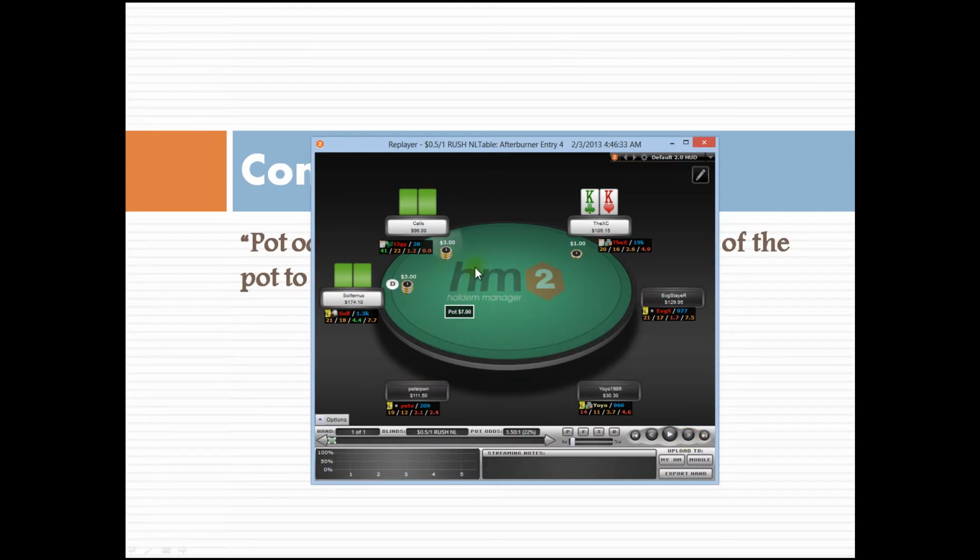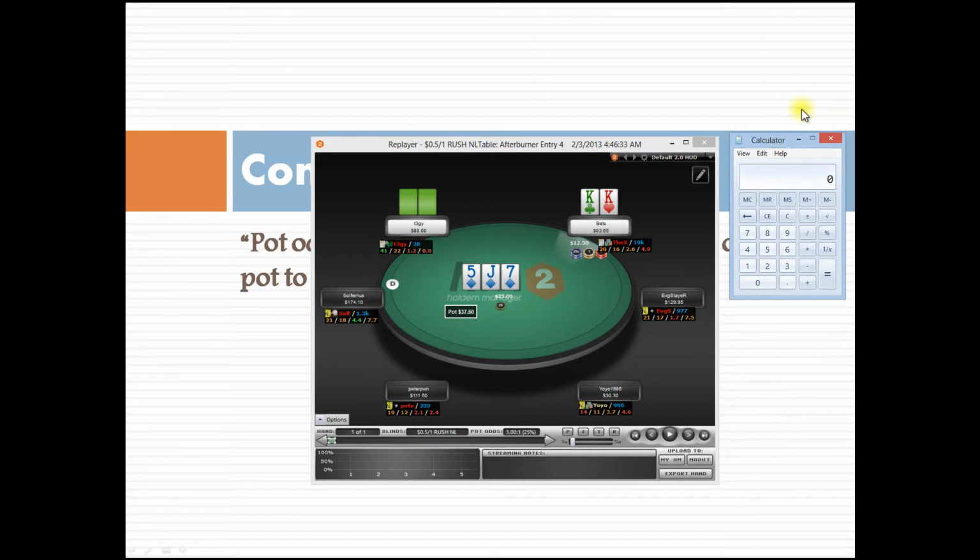There is a raise and a re-raise, and I end up 3-betting. I wouldn't mind going bigger here, but I think this is okay. I get one call, check, and I bet 1250 into 2500. So when I bet 1250 into 2500, let's say I was bluffing, then 1250 divided by 2500, oops, and that should be a plus. So my bet size here is 1250, and once I put that 1250 into the pot it's